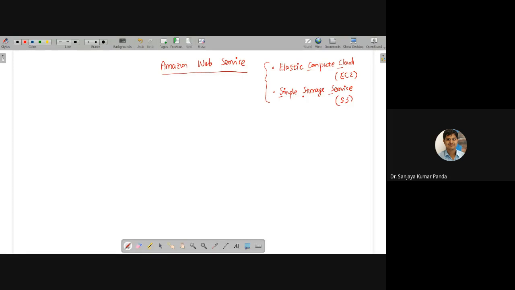But I told you there are three different types: infrastructure as a service, platform as a service, and software as a service. Out of these three, which service is Amazon S3 or Amazon EC2? Any guess? Choose one from IaaS, PaaS, and SaaS.